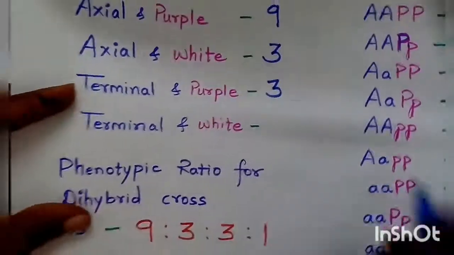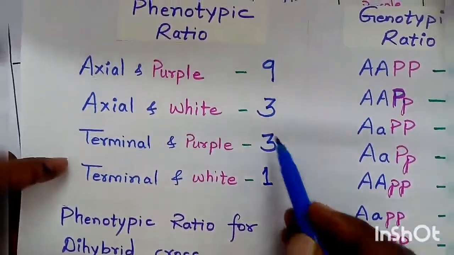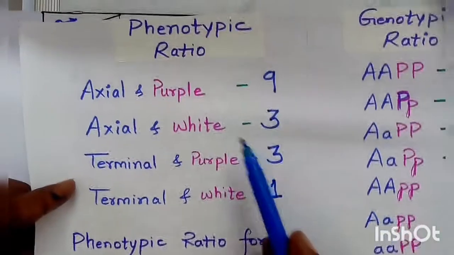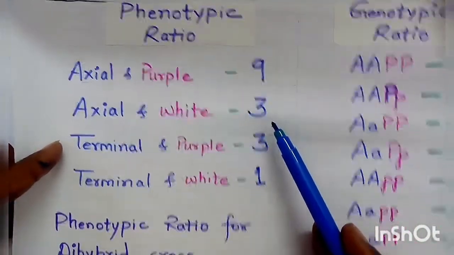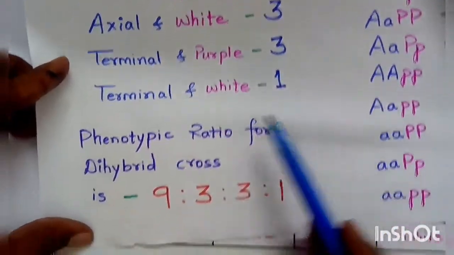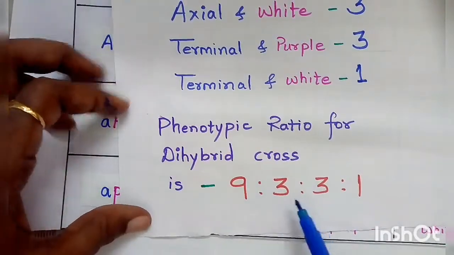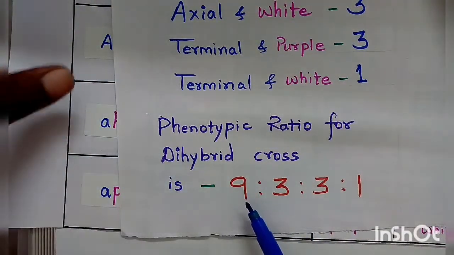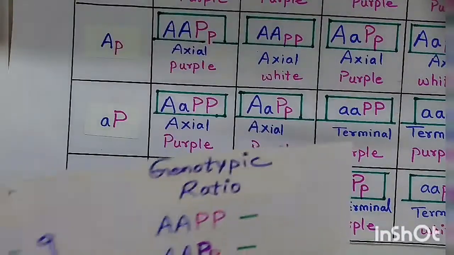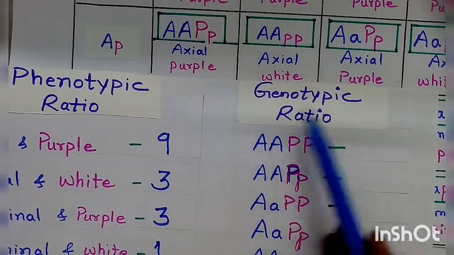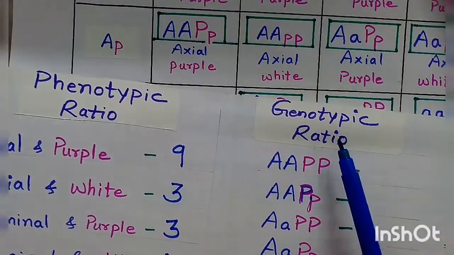So let's write down the number. The number is 1. That means the phenotypic ratio for dihybrid cross is 9:3:3:1. This is the phenotypic ratio for dihybrid cross. What is the ratio? 9:3:3:1. Similarly, we have to calculate the genotypic ratio, but this is very rarely asked in the exam, so